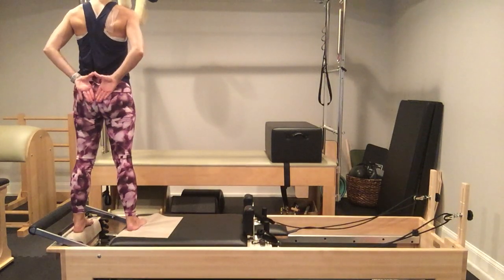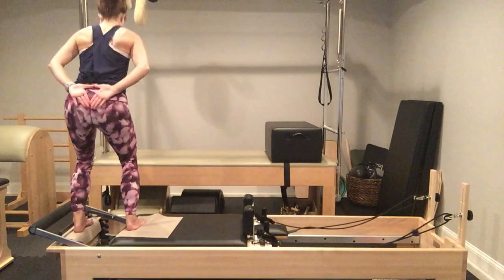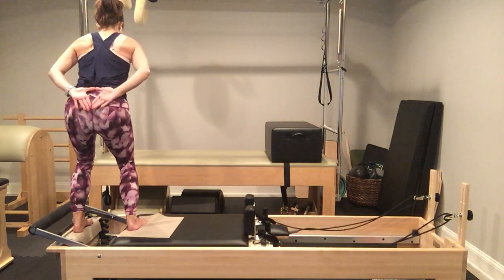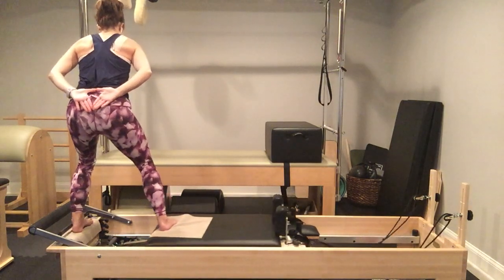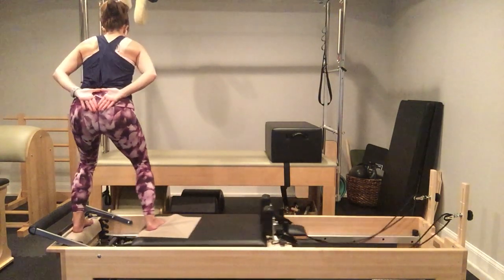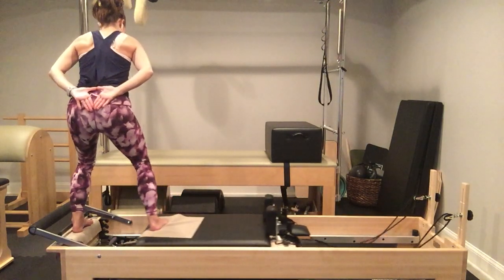From there, I'm going to place my hands in the diamond shape at the base of my spine, bend my knees, hinge my body forward, bring my ribs in, draw my abdominals up and in, press out with my right foot, and pull it back in. Don't pop your knee. 3, 4,